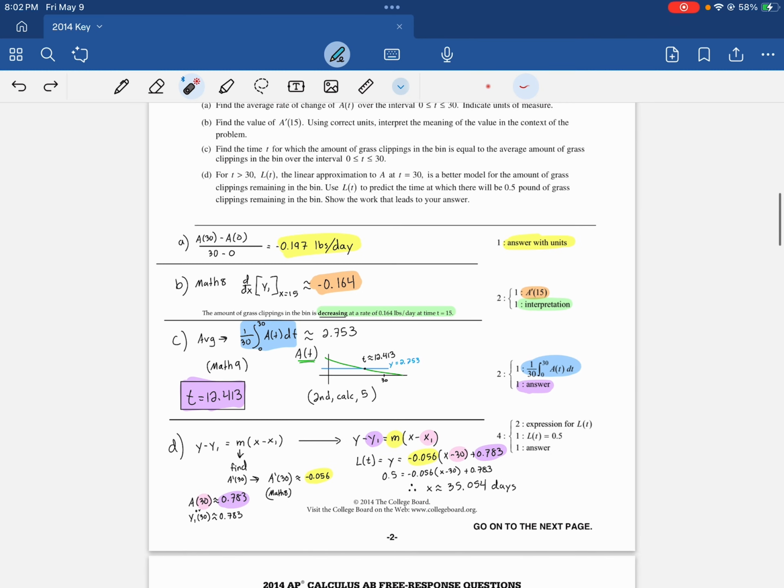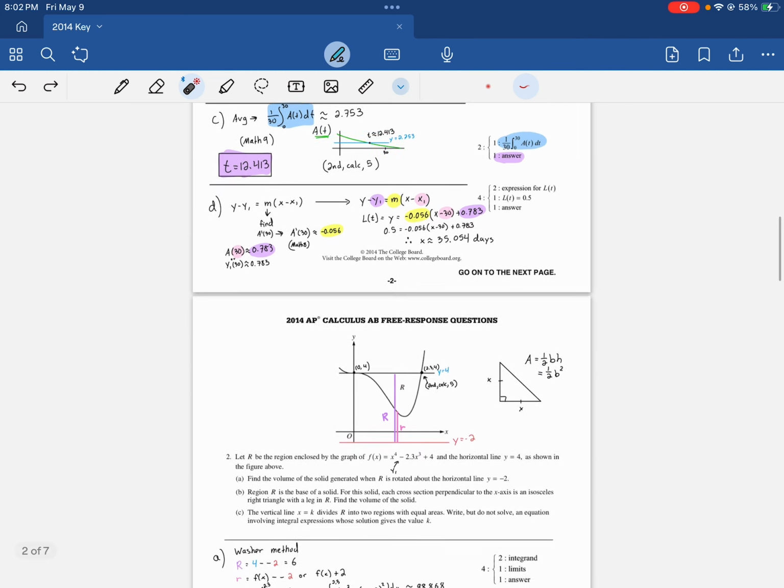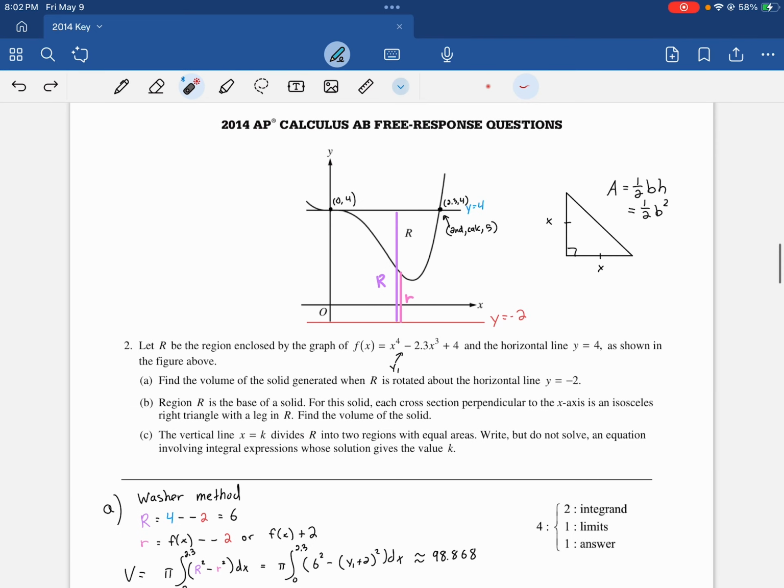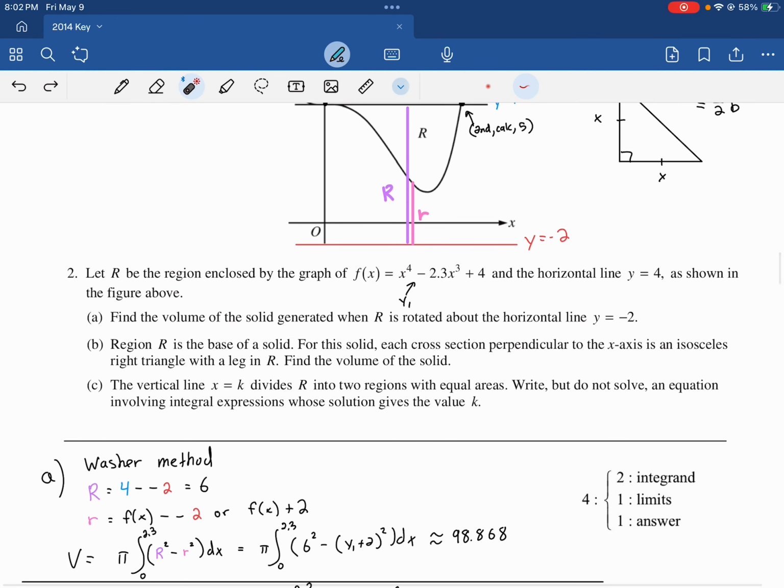And I think all of these are obtainable. Here's the second one. You're allowed a calculator. This looks like an area volume type problem. Let R be the region enclosed by the graphs of f of x and the horizontal line y equals 4. As shown in the figure above, find the volume of the solid generated when R is rotated about the horizontal